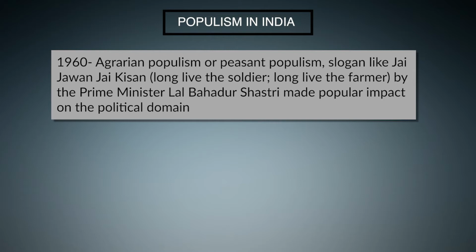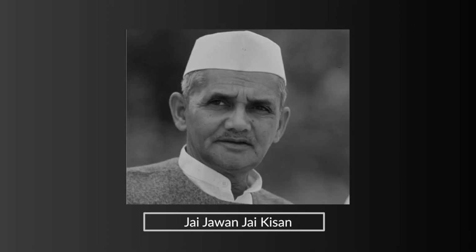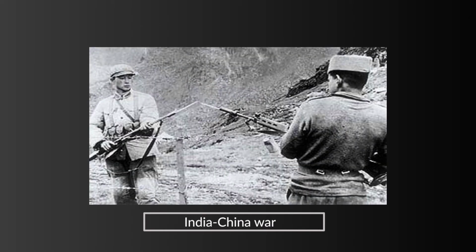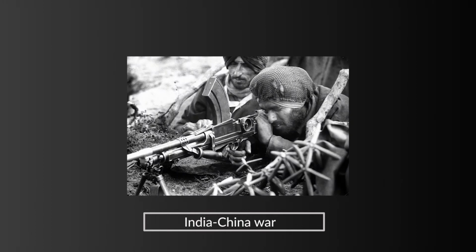If you remember that slogan, the then Prime Minister Lal Bahadur Shastri gave a slogan called Jai Jawan, Jai Kisan in the wake of the Indo-Pakistan war, and along with the Jawan, the issues of the Kisan were also an important aspect of politics at that time. That type of slogan, that type of political imagination, is also called agrarian populism, with a sense of militaristic understanding, with a sense of sovereignty and territorial integrity. But along with that, you also notice a sense of agrarian populism.